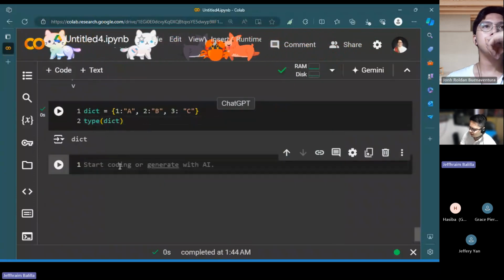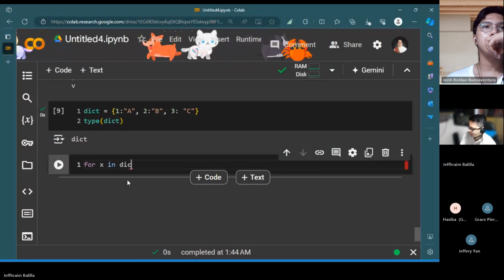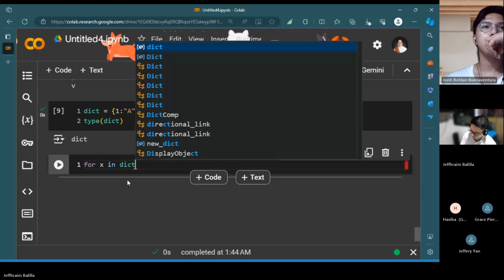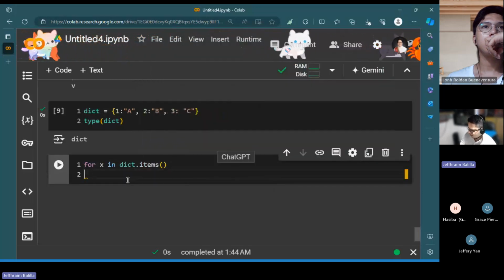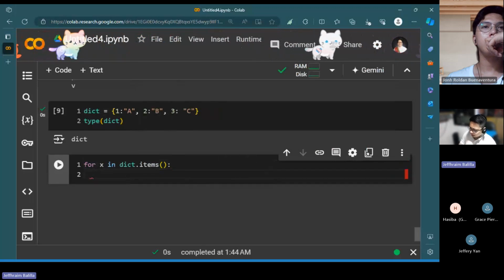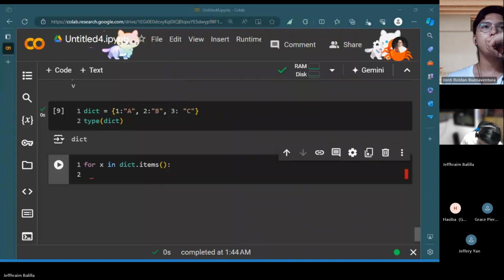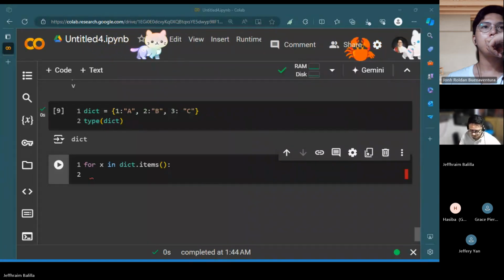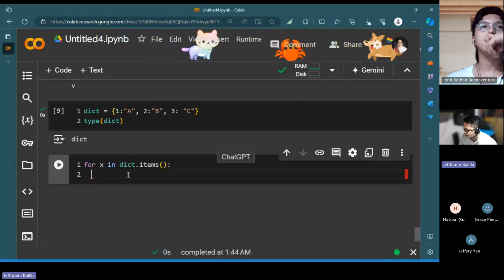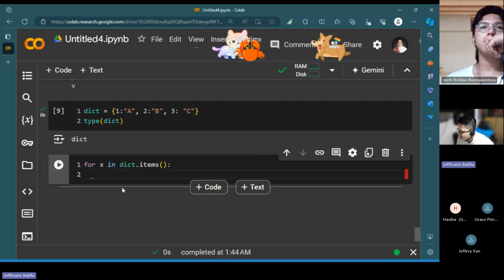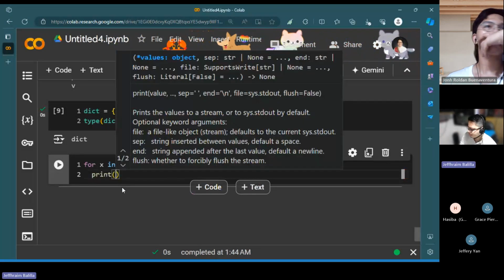We have a dictionary there, and for x in the items, print x.